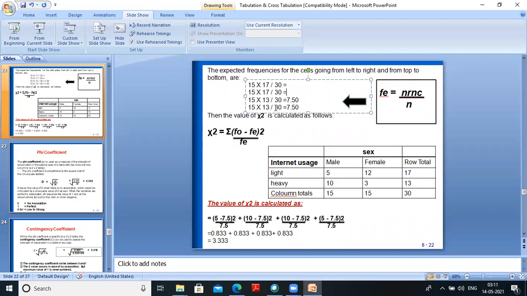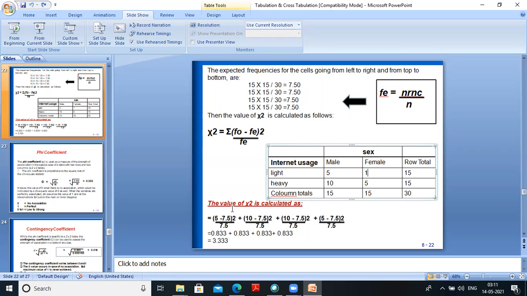Then you calculate observed minus expected frequencies. I'm taking the previous example now. This I have shown just to explain how the calculations are actually done, because all the values were the same, so it may create confusion. That's why I have changed the values to explain the details.